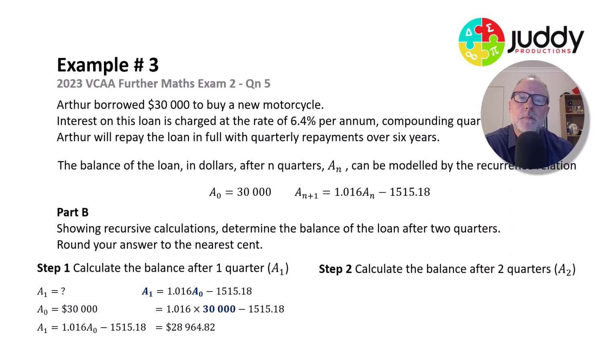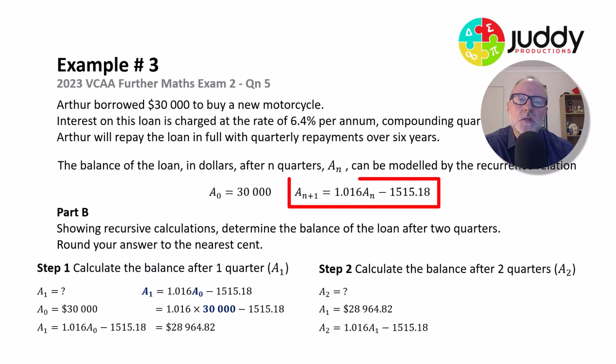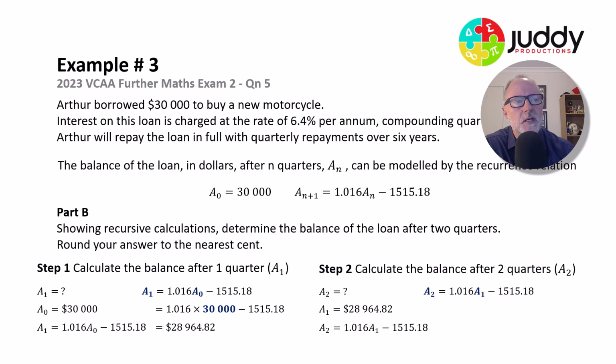Step 2, we want to calculate the balance of the loan after 2 quarterly repayments. That is the value for A2. So A2 is our unknown, that's our question mark. A1 was calculated previously, that's the balance after 1 quarterly payment. That is a value of $28,964.82. And of course, we can use our recurrence relation to calculate A2 from A1. So here we have our recurrence relation expressing A2 in terms of A1, and we substitute in our value for A1 calculated from step 1. So we substitute A1 is equal to $28,964.82, and that returns a value of A2, that is the balance of the loan after 2 quarterly payments, of